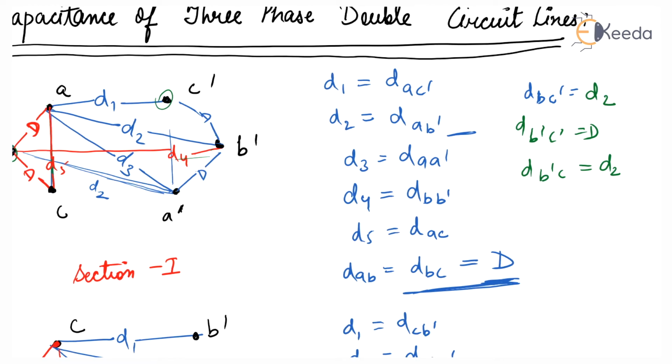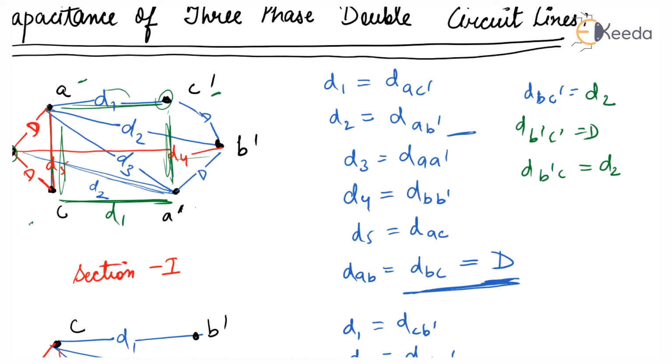So first, the distance from A to C is D5. Next, the second distance, from C to A dash: this is C and this is A dash. This distance and this distance are the same, so this is also D1. So the distance from C to A dash is equal to D1. Now the distance C dash to A dash: see, this distance from A to C is D5, and this distance from C dash to A dash is the same. It means this is also D5, into the distance from C dash to A. So this is C dash and this is A.